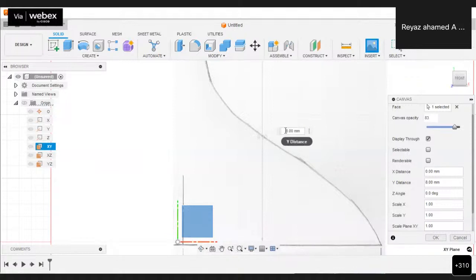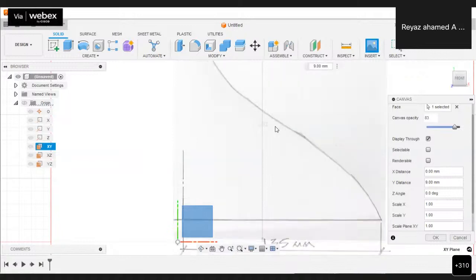If I give the value, see if I click on here and then let me change the value from 8 to 9. Let me move 9. So by default, it is 8 actually.